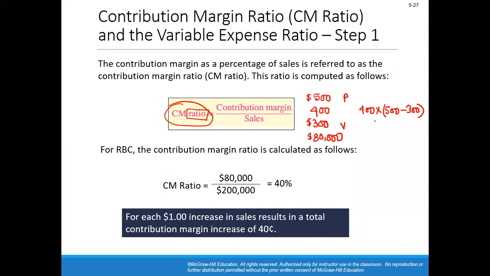From this we get 80,000. So this is our total contribution margin. What we are saying is that if we divide the contribution margin dollar volume by the sales, or express the contribution margin relative to sales, which is 200,000, 500 per unit selling price multiplied by 400 quantity,